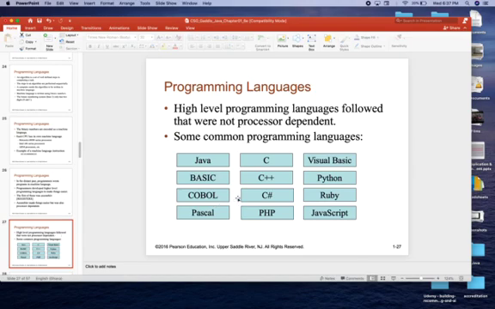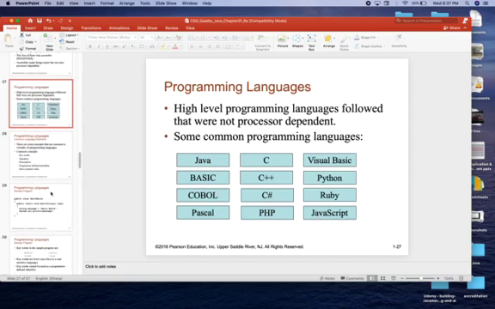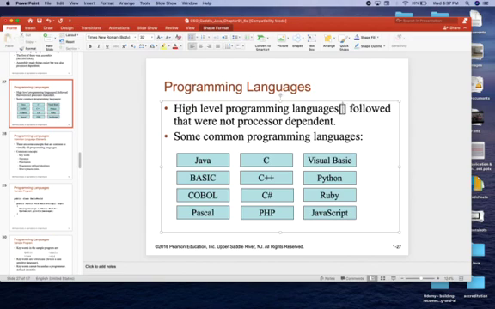Now, with the high level programming languages, examples are Java, Basic, COBOL, Pascal, C, C++, C Sharp, down to JavaScript. They are high level programming languages because they are not written in the language directly understood by the microprocessor. So they are more at the human level. So when talking of high level languages, we are looking at languages that are at the human level.